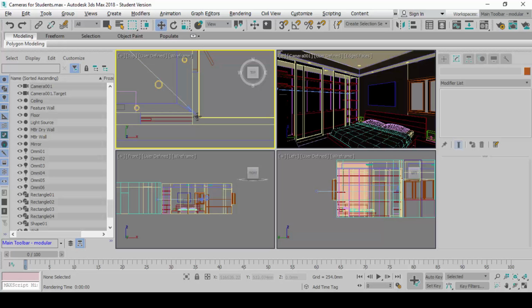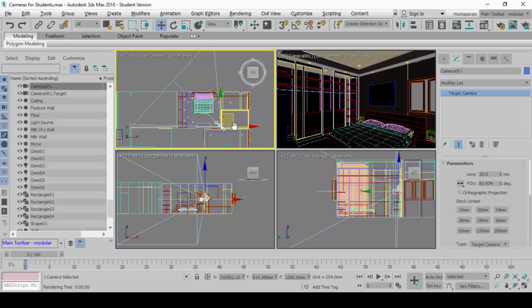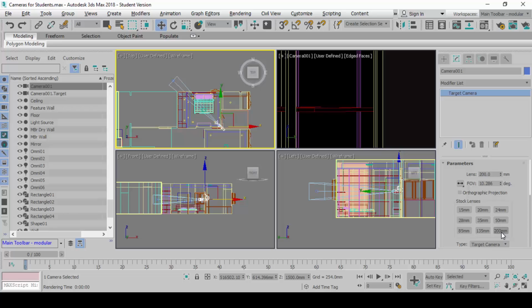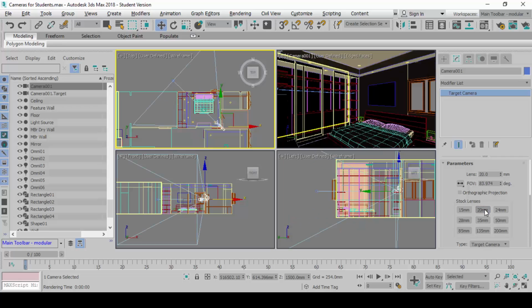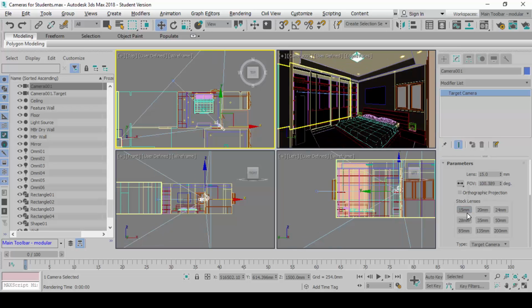Back to covering the camera angle portion here. Back to covering the camera lens. Now, you see just now I asked you, don't ask why, just put 20, right? Can you try to see if you put 200, what happens? What are you seeing at 200? If you put the lens to be 200, you'll find that the field of view is so narrow, it's like a telescopic lens. If I put 50, it's still very narrow. If I do 20, it looks all right. But if I do 15, for example,